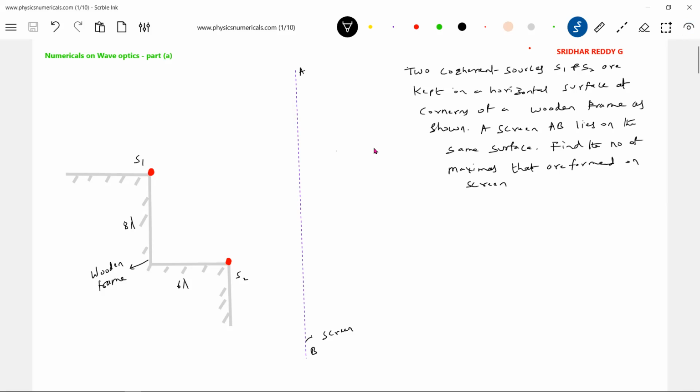It's a large screen. What is the screen? Let it be a large screen. I'll write it here. So it's a large screen. Now it's asking to find the total number of maxima that are formed on the screen. Okay, now let me begin with this. The light emitted by S1 and S2 can reach